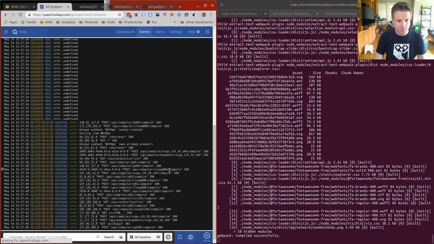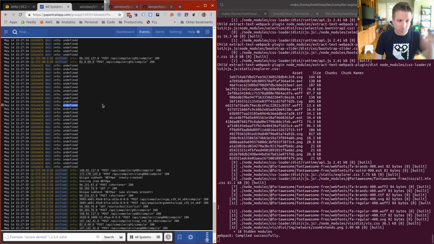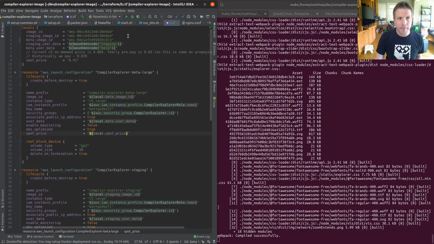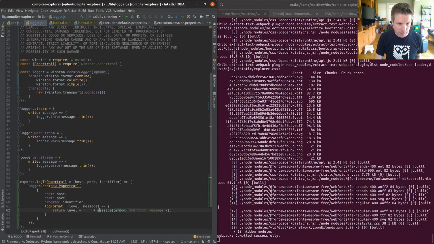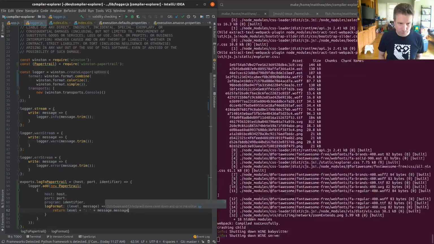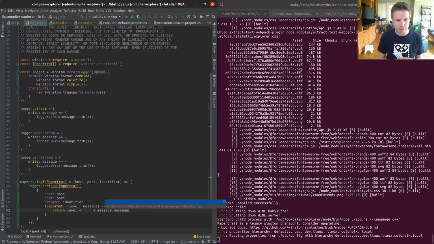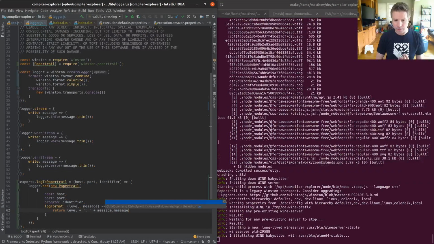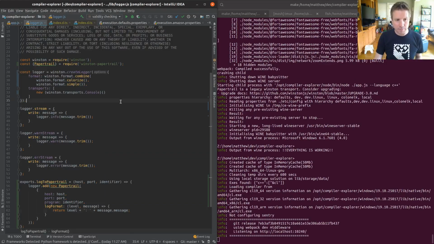Let's have a look at the most recent logs. That's what we... Info undefined. Well, it's not really what I wanted to get. So why don't we go and see what the Winston logs say? Because I'd like it to look the same as before, you know? I mean, we can definitely do message.message here, and I think that will give us most of what we want, but it won't be quite the same. And I can probably live with that.